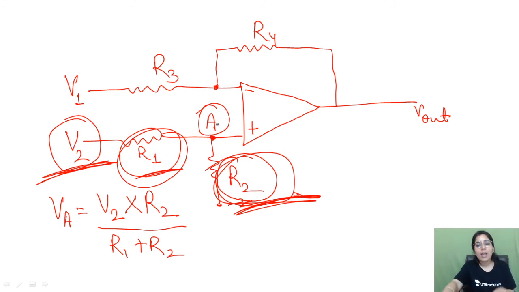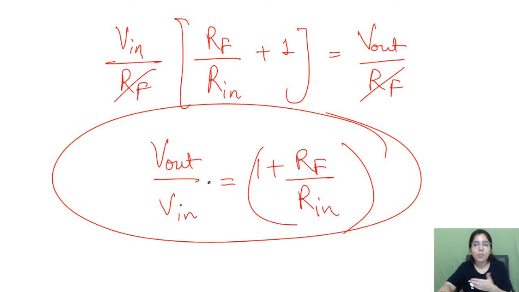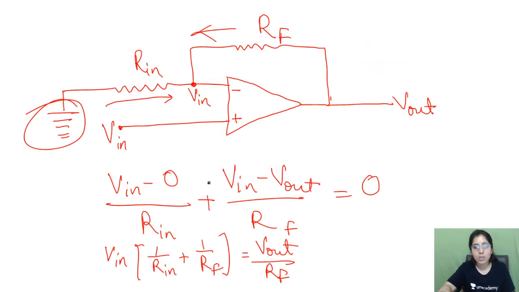Rest of the things are like we have done, because this voltage which is at this point will be the same at this point too, because of the virtual ground concept. Next, you know that you can go with the KCL concept and just get whatever you want, whether gain, output voltage, or anything they have asked.